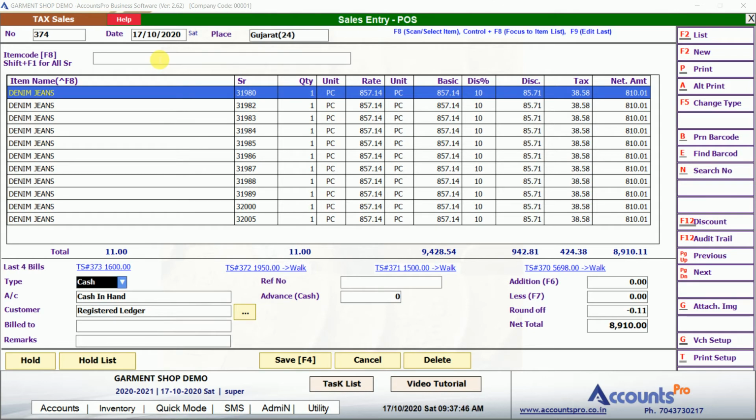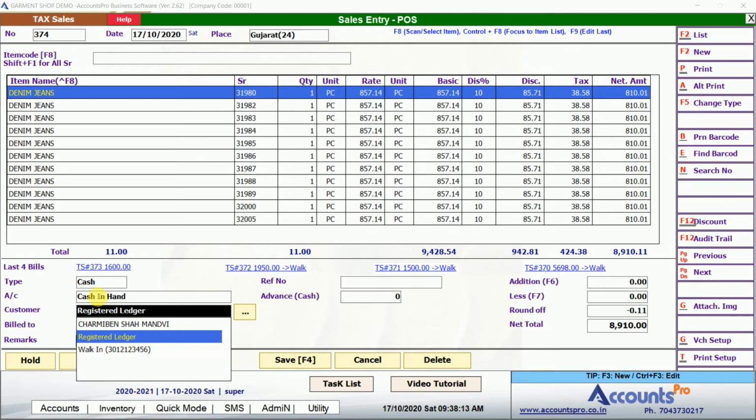And finally, here is the accounting. The type of bill: the bill is prepared in cash mode, debit, SBI, or any kind of digital payment or mobile payment. You can create payment types in the system. Multi-mode means if you have received some payment in cash, some through card, some through mobile money, so you can select the multi-mode option. If the amount is cash, then select cash account. And this is the customer name. If he is your regular customer, then you can create his profile.